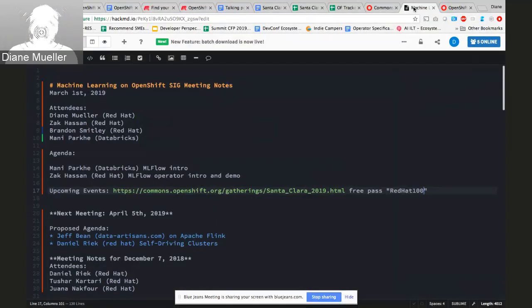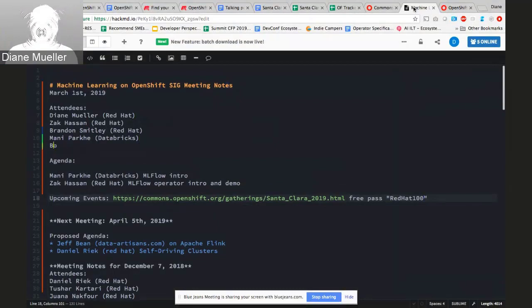Then Zach, who has been working on an MLFlow operator in his own repo, can talk about getting that work moved into a space in the MLFlow repo that other people can collaborate on and maintain over time, if that's the appropriate thing to do. That's kind of what I'm trying to suss out today too.